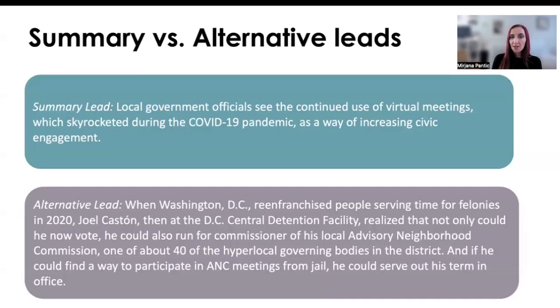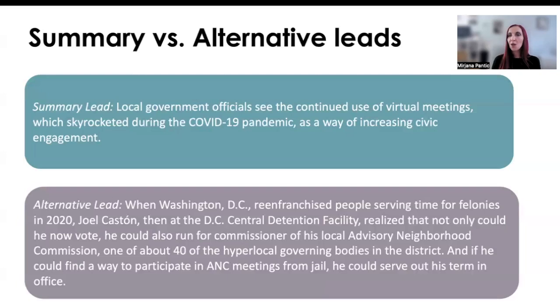When Washington, D.C. re-enfranchised people serving time for felonies in 2020, Joel Casson, then at the D.C. Central Detention Facility, realized that not only could he now vote, he could also run for commissioner of his local advisory neighborhood commission, one of about 40 of the hyperlocal governing bodies in the district. And if he could find a way to participate in ANC meetings from jail, he could serve out his term